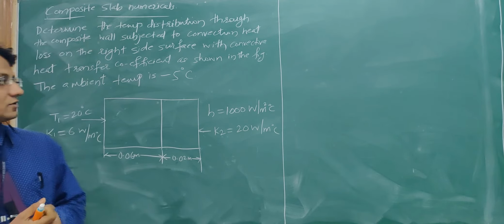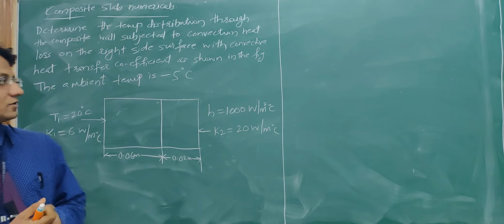It is nothing but n number of walls connected to each other, which is called a composite slab. So we want to calculate the temperature distribution across the composite slab. The best example would be the furnace. If you take a furnace, it has multiple walls starting from the inside layer to the outside layers. How the temperature varies from inside to outside, we can determine by using this FEA approach.